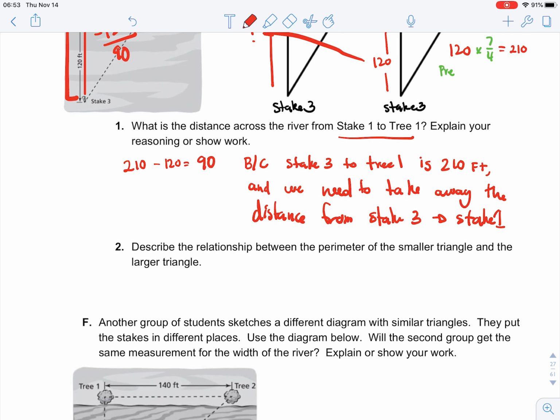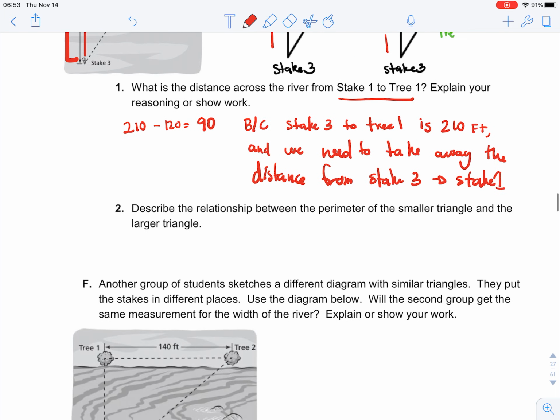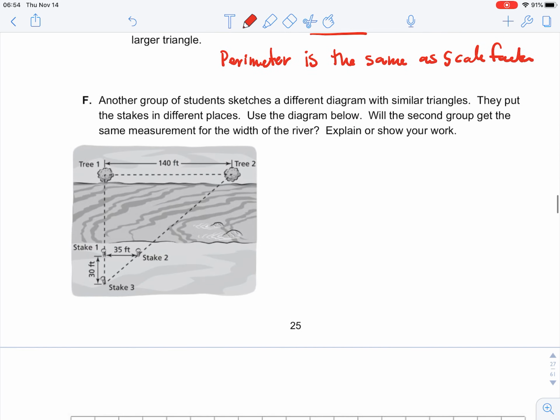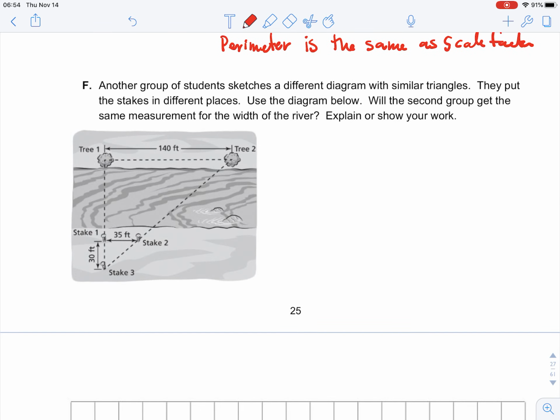Okay, describe the relationship of the perimeter of the smaller triangle to the larger triangle. Remember, perimeter is directly related to the scale factor. Perimeter is the same as scale factor. Okay, you're going to do F on your own, just like we did the other one. Okay, should be completed. I'm not going to post it on this video. Okay, your second